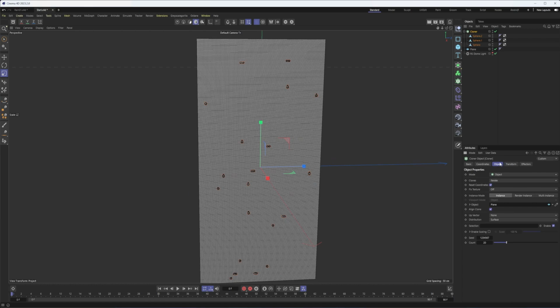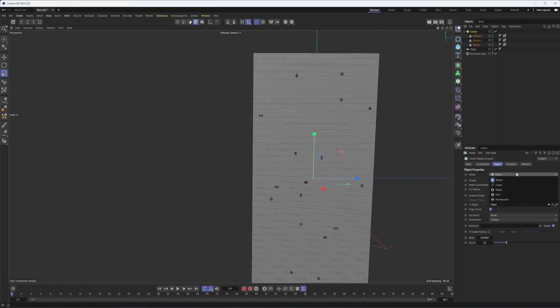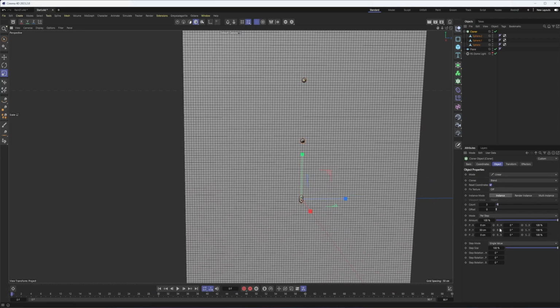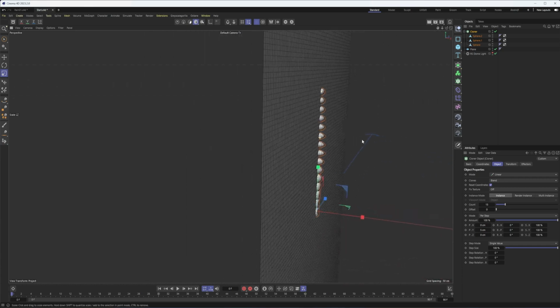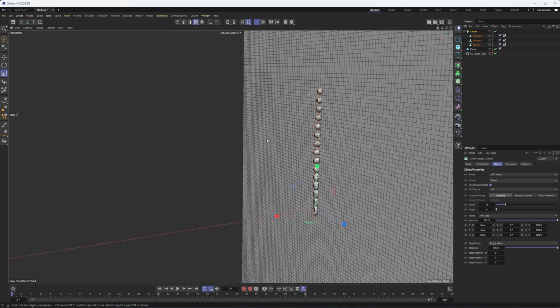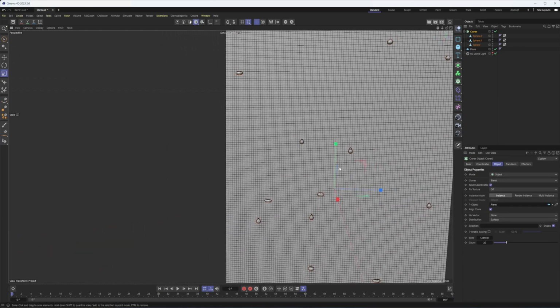I'm going to go into the object mode here and I'm going to switch the clones to blend because that will give us some in-betweens here, right? So if I switch this quickly to linear, lower the spacing so we can see this a little bit more, we should see these shapes kind of blend together, right? You can see how it goes from one shape to the other to the other, even though the orientation's a bit off here. So that will just give me even more variation in my shapes by having it set to blend here when I have object mode set.